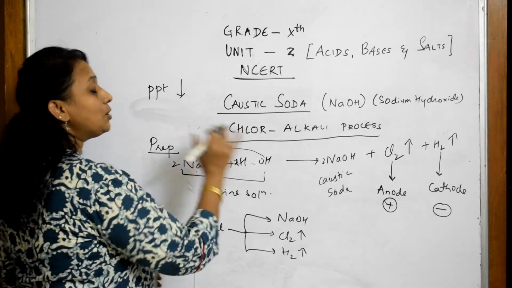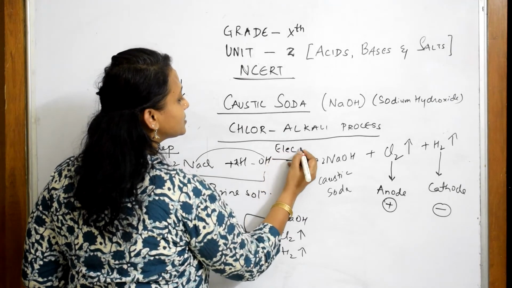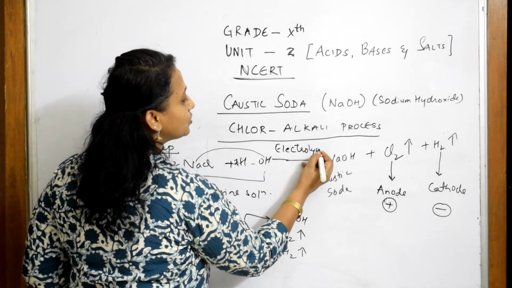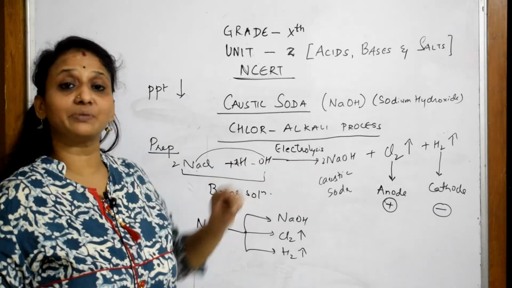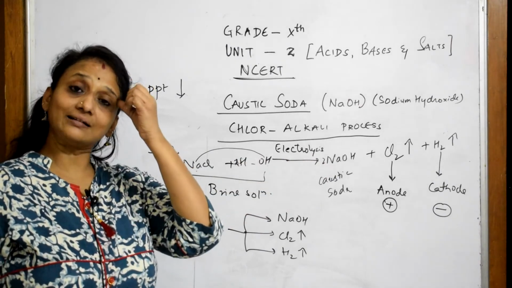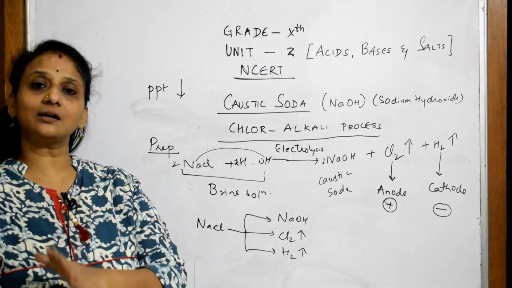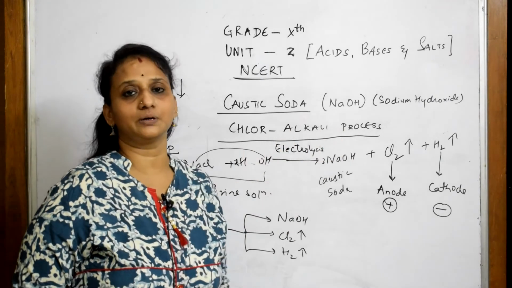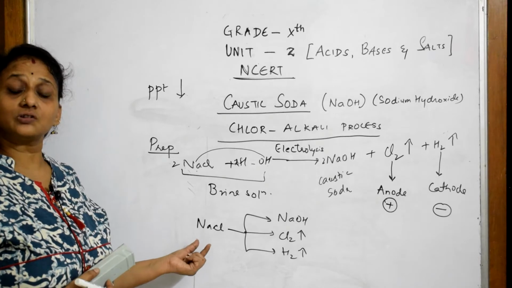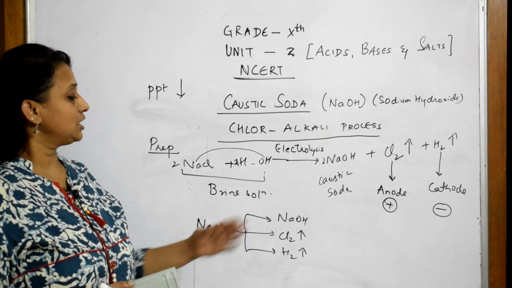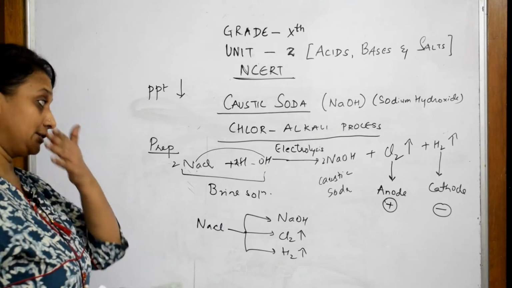Next thing, what are the products formed when sodium chloride undergoes electrolysis? Now, this whole process occurs in an electrolytic cell, and by supplying electricity, the process is called electrolysis. Electrolysis means, electro means current, lysis means breaking. With the usage of the current in the electrolytic cell, I am going to break down sodium chloride into respective compounds. Done. So they're going to ask, what are the products formed on the electrolysis of sodium chloride? You need to say sodium hydroxide, chlorine gas and hydrogen gas.